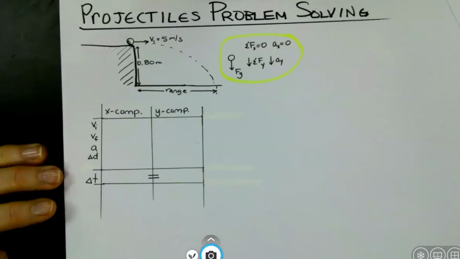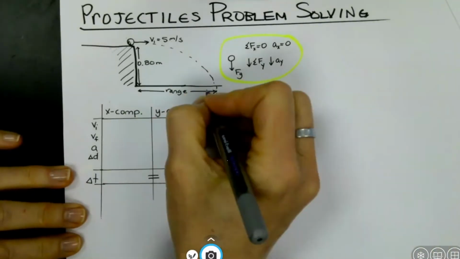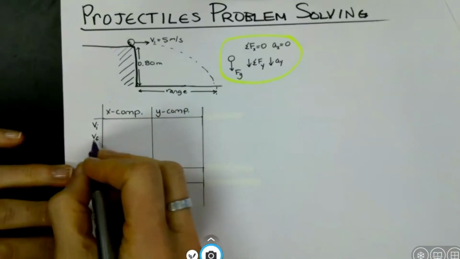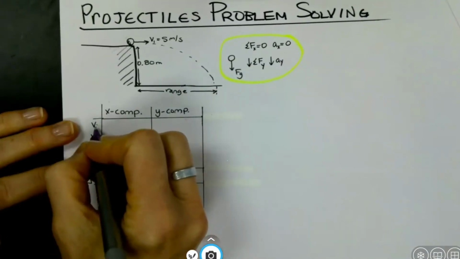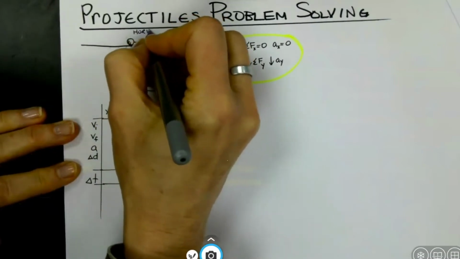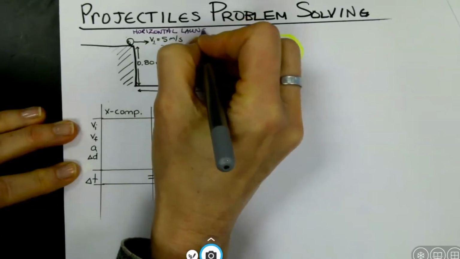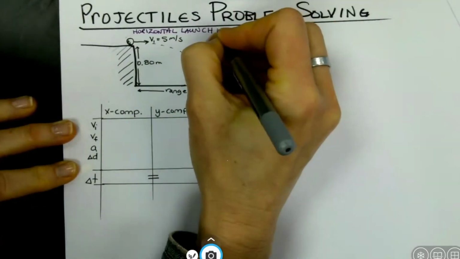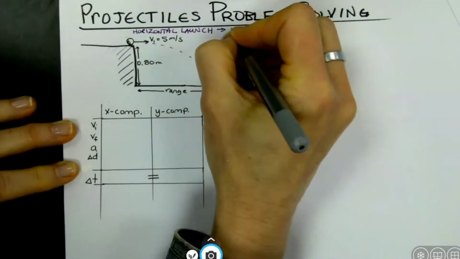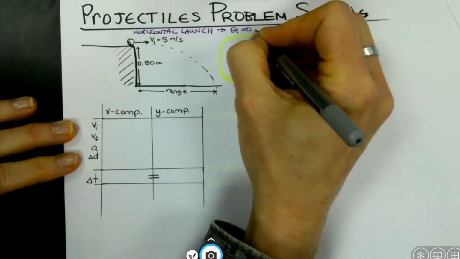So let's solve this problem. What we're looking for is we're going to find this range. So how do we do that? Let's fill out the givens first. First of all, we know that this is a horizontal launch, which you'd have to be told. A horizontal launch tells you that the initial angle, theta initial, is equal to 0, and what that tells you is that